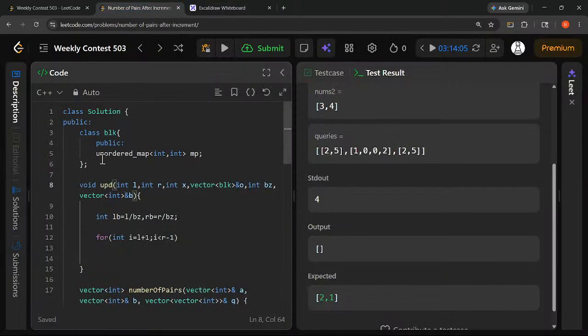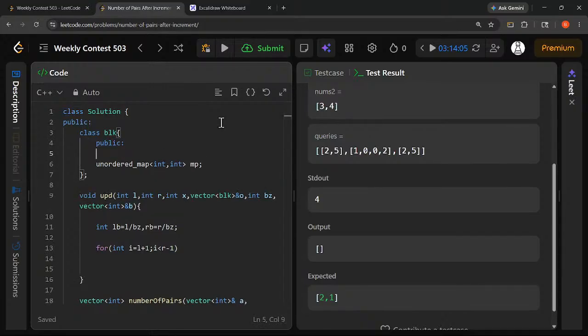So I am also creating some, what would be my lazy value? int lzy equals 0. My lazy value for my block is 0. Okay, I'm also using this. Now l plus 1, r minus 1, i plus plus. For these blocks, I am just